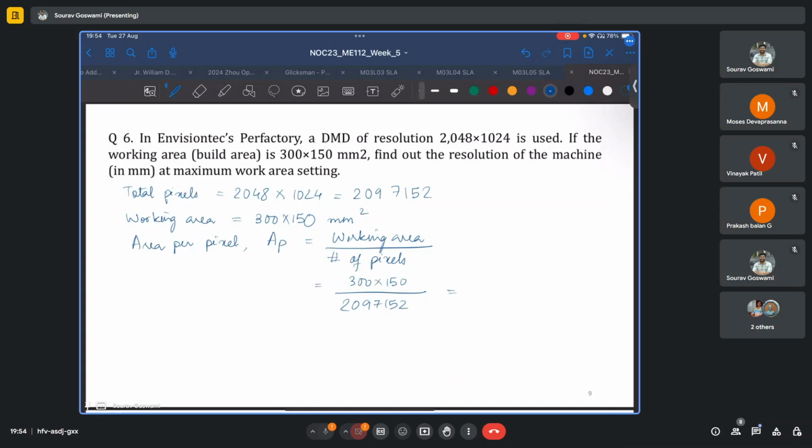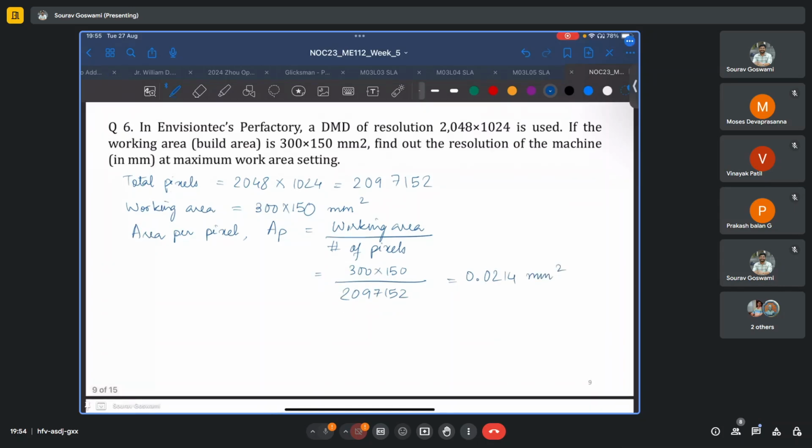This comes out to be 0.0214 millimeter square. Now, assuming square pixels of side small ap, you have ap square equals this area capital AP, which is